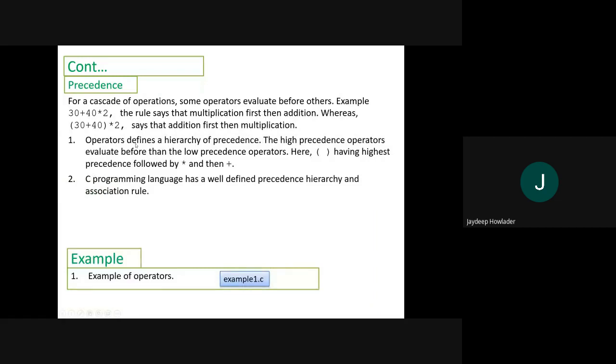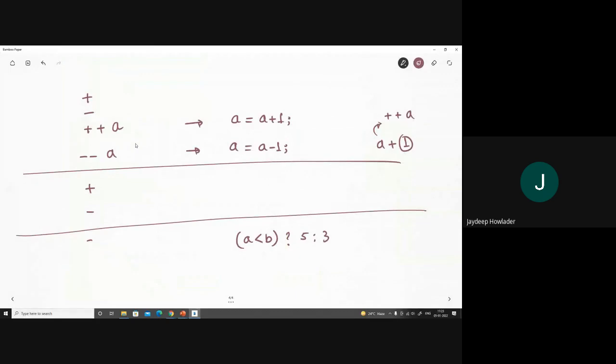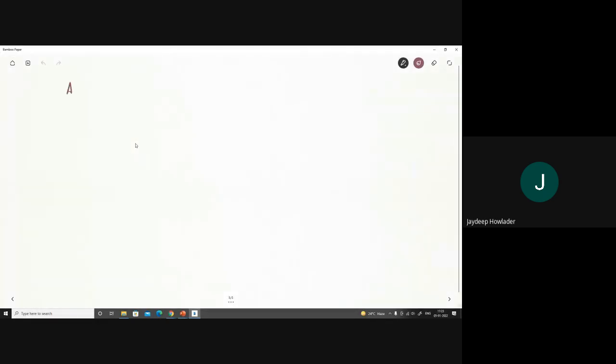The operators we have already discussed are arithmetic operations, condition operations, logic operations, and assignment. Arithmetic operation has the highest precedence, then condition, then logic, and assignment.